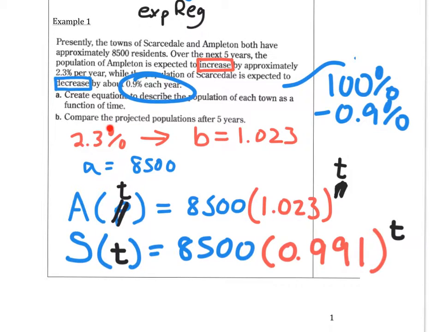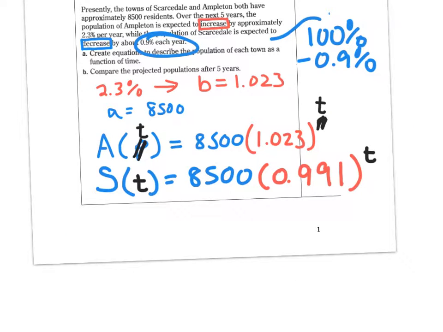There are two ways to accomplish this. You can do this by hand and just plug in 5 here and 5 here. Or you could put these functions into your calculator and just evaluate it that way. Whichever you would like. Put this in as a function, y1, and this one is y2. If we evaluate these at 5, the population of Ambleton at 5 is going to be 8,500